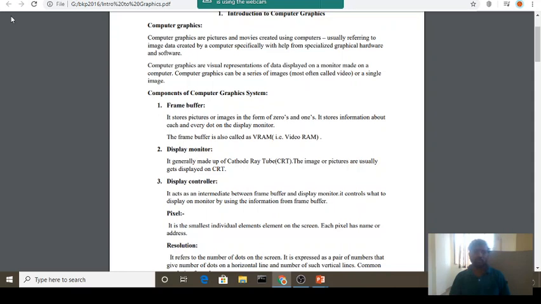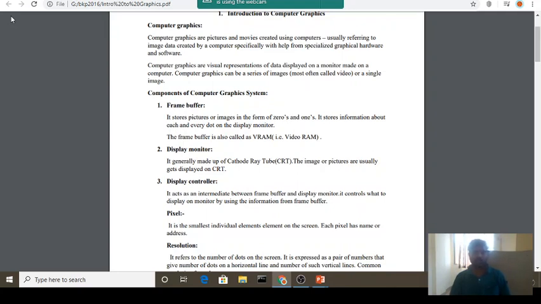VRAM means video RAM. The second component is the display monitor. It is generally made up of a cathode ray tube, CRT. The image or pictures usually get displayed on the CRT. In older days, in the case of TVs, CRT was most popular, and because of the cathode ray tube, we can easily view pictures on the display screen.